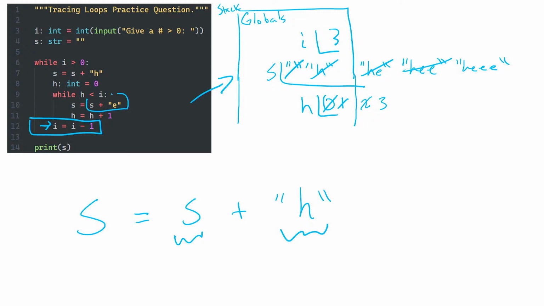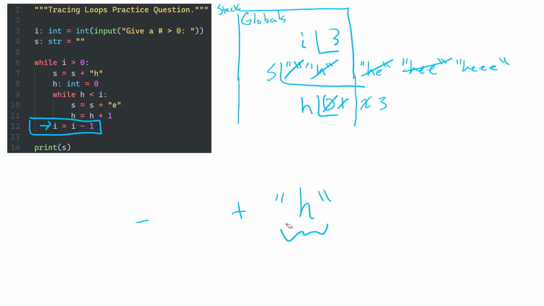And then down here, we'll see that actually this is going to be different. We're about to go back up and do this again, and s no longer is going to be empty, right? It's going to have HEEE in it, and we're going to be adding an h to the end of that. So the key thing to be looking for and be careful of is when you're reading the code, if you see the quotes, know you're working with some text data. If you don't see quotes around a word or a letter, know that you need to go look up that variable's value in memory and figure out what it refers to. Good question.